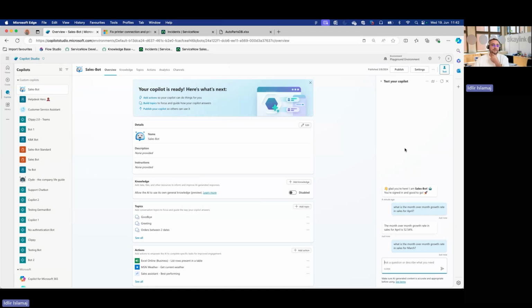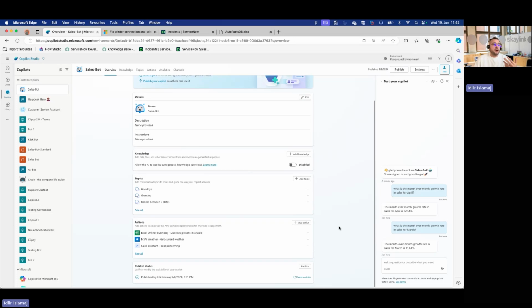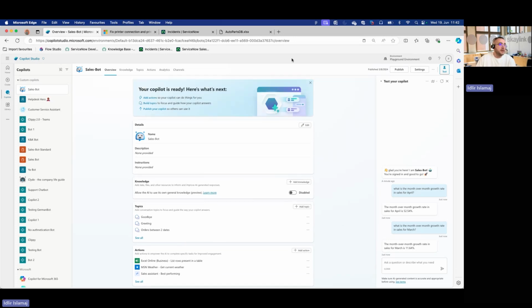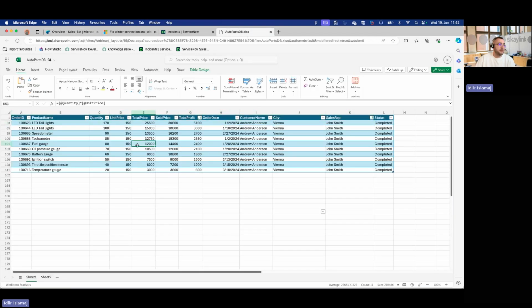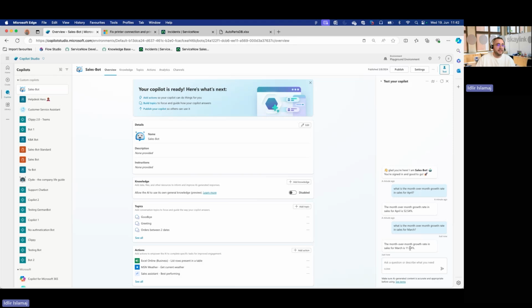So this is getting clever and clever every day. As soon as you actually know how to use it and how to actually make it better, it's going to cover almost every kind of question you want. You actually redirect to the table, so it's able to understand and perform that specific information for you and give you back the answer. So these were just some questions. This was the second demo. I hope you enjoyed it. Let's go back to the